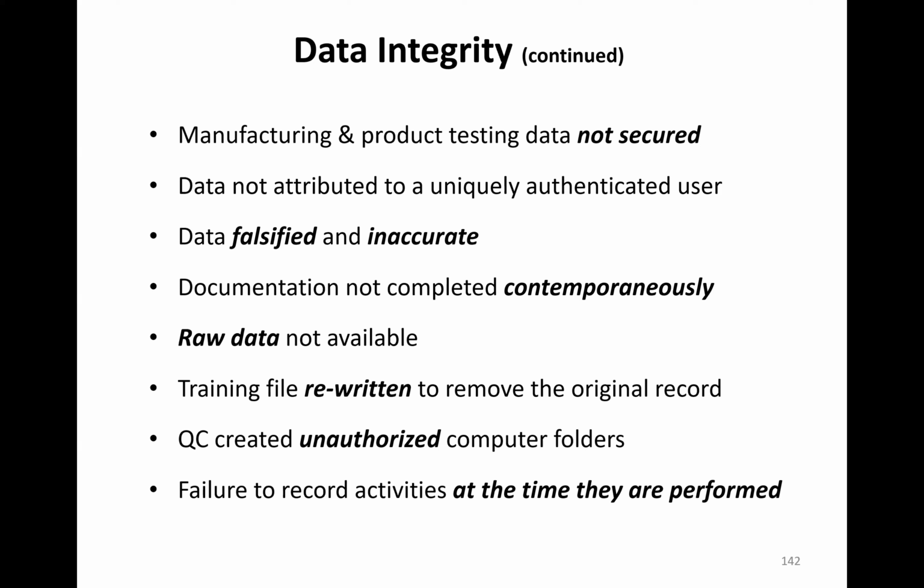Data falsified, inaccurate, documentation not done contemporaneously. Someone wrote it on a sticky note and failed to enter it into the system later on, or they transposed numbers and it became messy. Raw data not available. Training file was overwritten. QC created unauthorized computer folders, not under oversight, not recording things when they're performed,